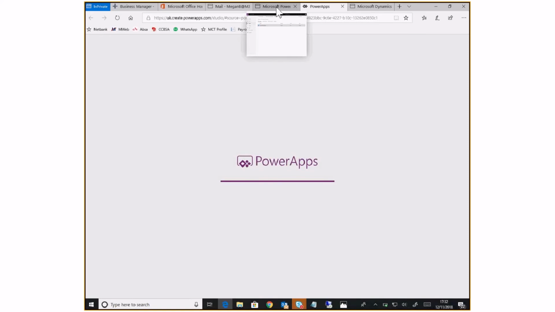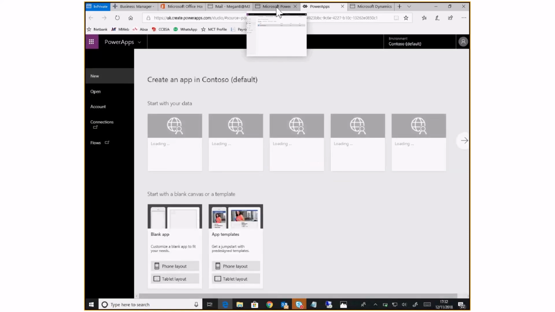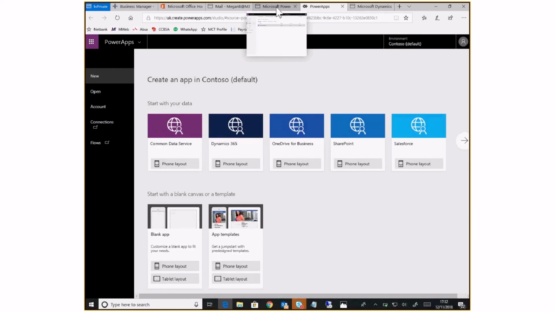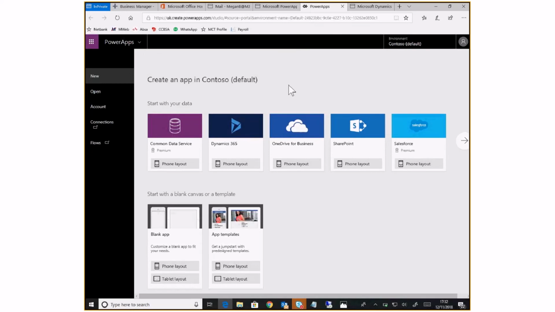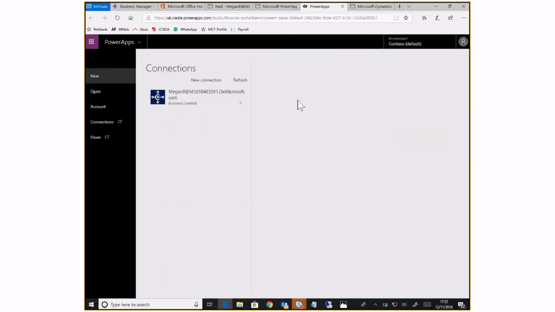Usually I'll have a slide on the screen, and before I start showing Power Apps, I'll talk about the common data services and talk around the technologies and everything else around it. And when I get to this point, I'll usually mention the connectors. If I remember correctly, there are about 350 or 360 different connectors available for you to use. So see there, it says start with your data. You normally won't see Business Central on this list over here. So if you just use the little arrow on the right-hand side over there,